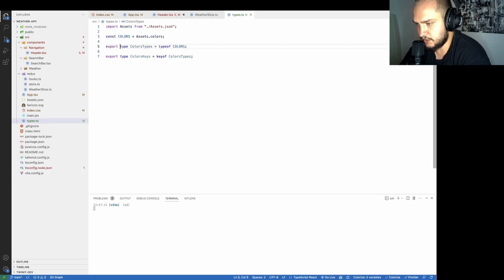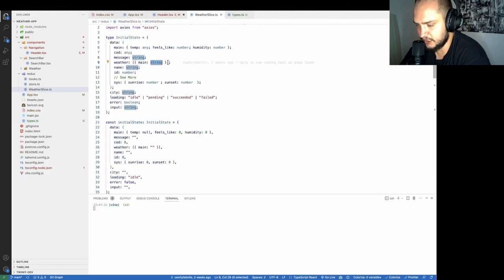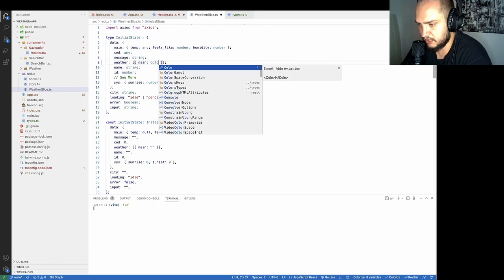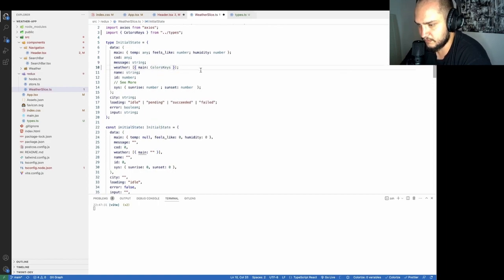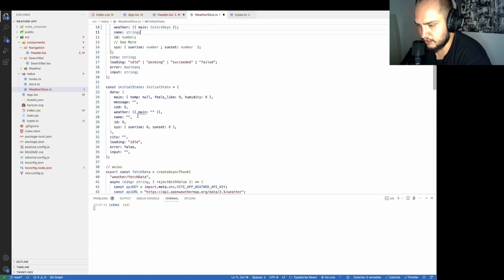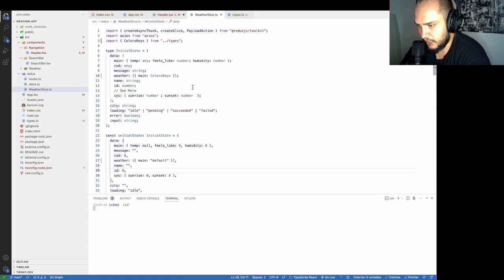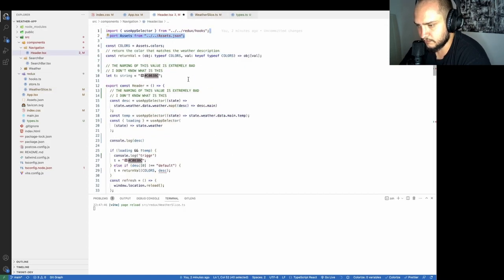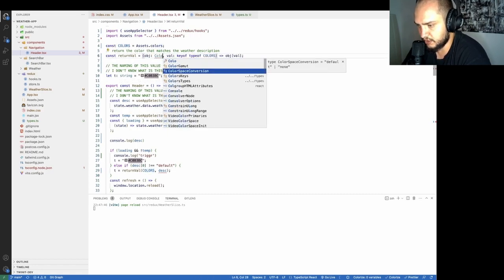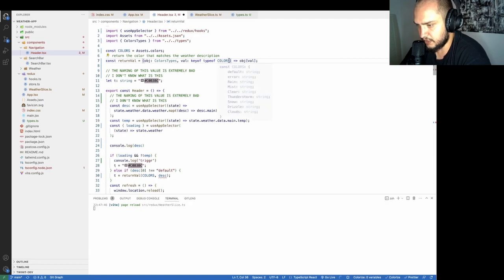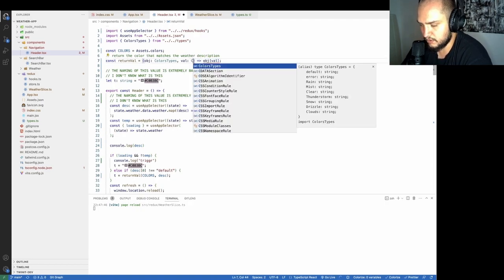And we will export it here. We will edit here that it is color keys, and it cannot be this, so it should be default by default, and then it should work. So from here, we don't need this type of colors anymore. We can just put color types, and here we will put color keys,